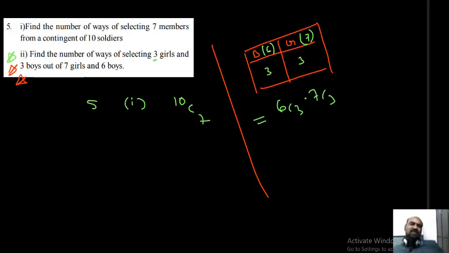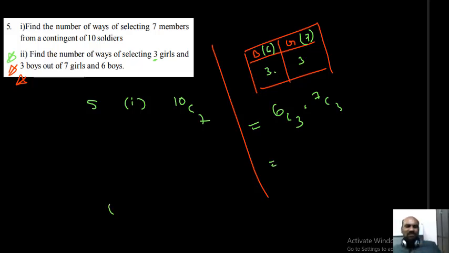Okay students, once again listen. Interesting problem, important model. Find the number of ways of selecting 3 girls and 3 boys out of 7 girls and 6 boys. So you need to write a table. We want 3 boys from 6. After that, we need to select girls. One operation depends upon the other. So first of all, I want to select 3 from 6. That can happen in 6C3 ways, into I want 3 girls from 7. That happens in 7C3 ways. Total operation is 6C3 into 7C3.